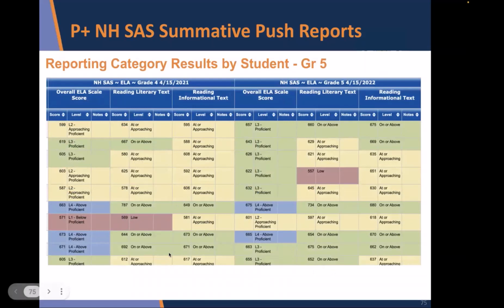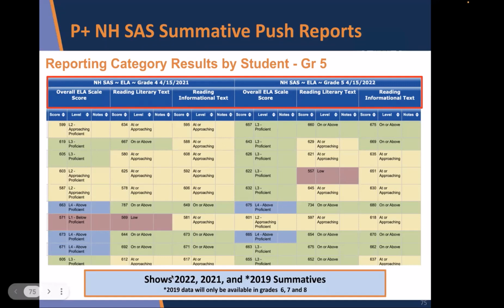So this is overall for a student in grade 5. It shows what these particular students scored in grade 4, and then now what they're scoring in grade 5 for the same information. So your overall ELA score, your reading, literary text, and reading information, all text. For this particular report, it's going to show 22, 21, and 19. But that's only going to be in grades 6, 7, and 8,